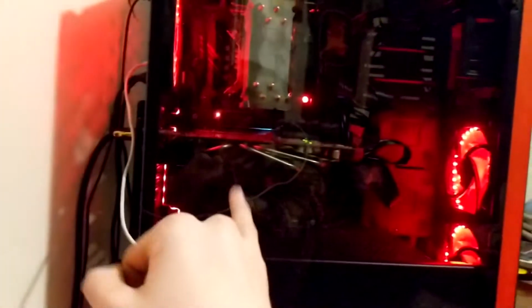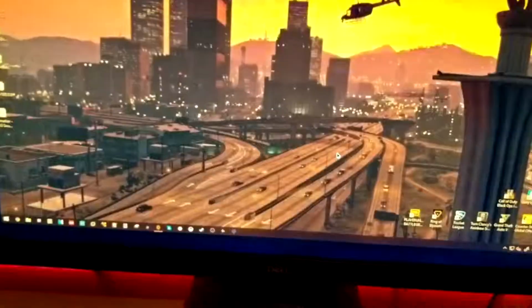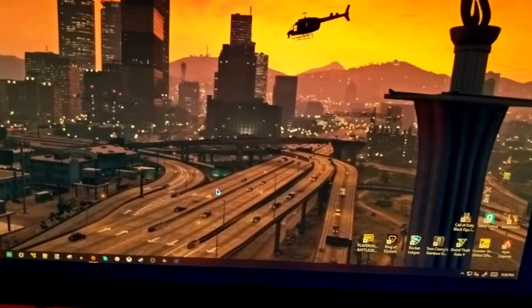Alrighty guys, so as you can see, right here is the black bar. Not sure why it does this, but every time I boot it, there's my 4870. My computer looks kind of sick with it. I like the heat pipes. Anyway, so what you want to do is you want to make sure you have the Catalyst Control Center on